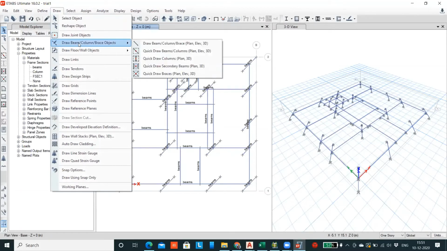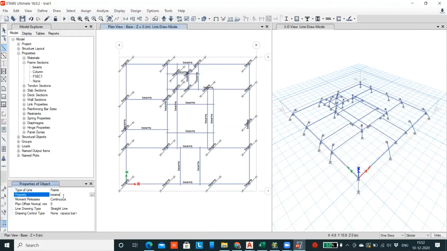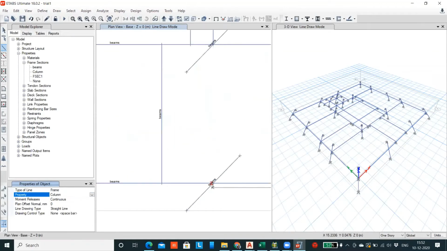Draw beam column object, and click on draw beam column over here, and select the column from here, and just click on the position on the particular intersection mark wherever the slant lines are there, where you want the column.